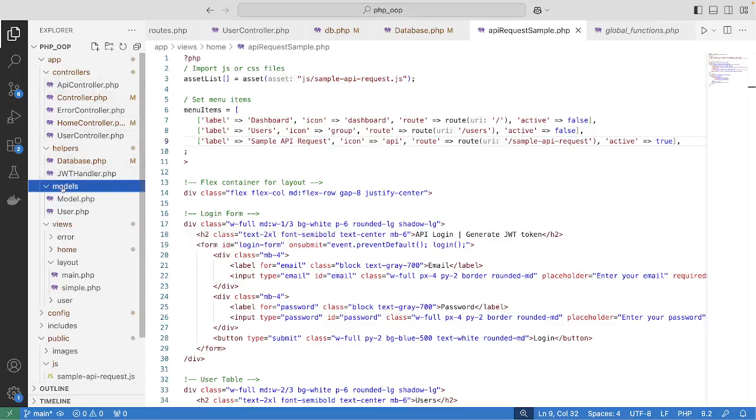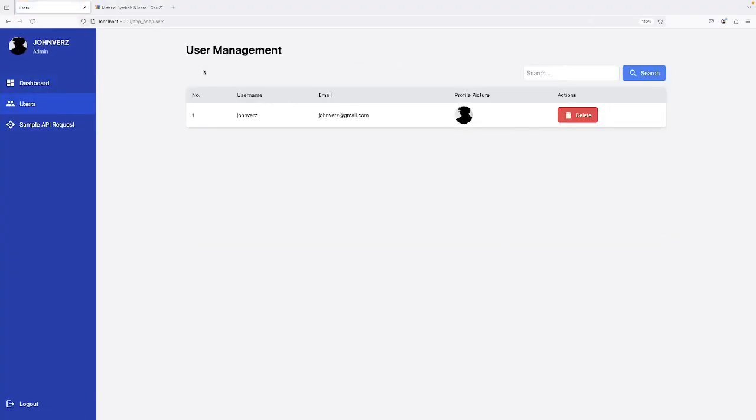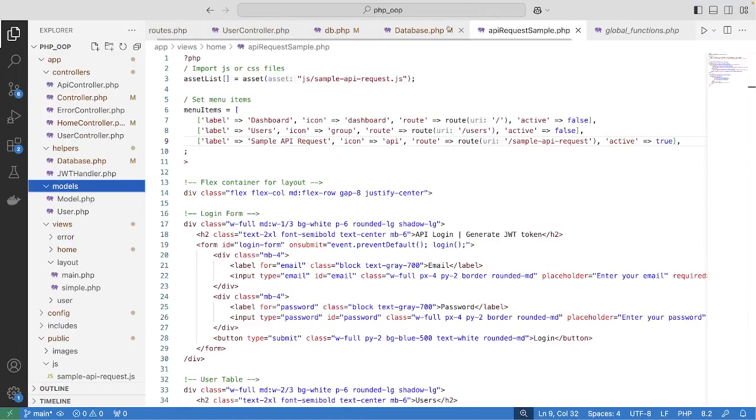And I can also have a product model that extends the base model, which is this one, and in my product model I can place all the unique things that are necessary for product, that we cannot find in the general model. It contains all the general properties for models, like connecting to the database and finding records in the database. Okay, I also want to show you here an example of a table that you can base from. This is a working search. This is in my slash users route,